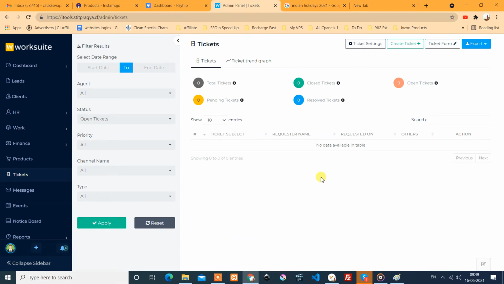So ticket has mainly four types. This is open ticket, means that issue is created and its status is pending. If that ticket is not resolved, if that ticket is resolved, then its status changes to resolved.